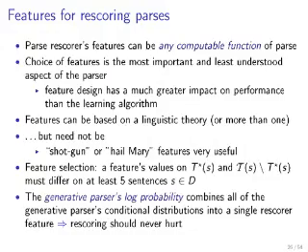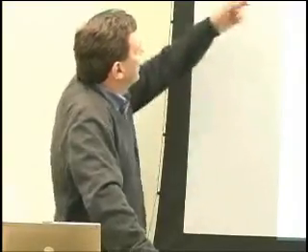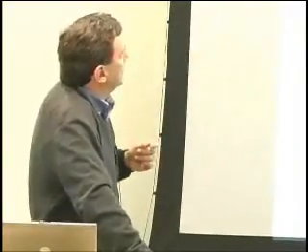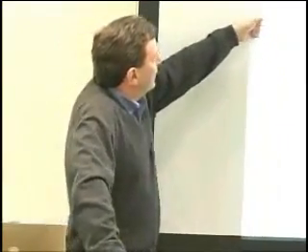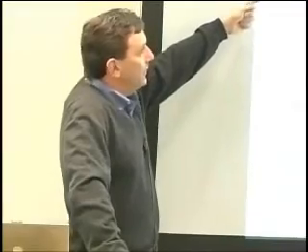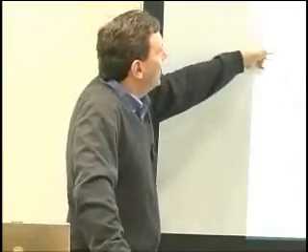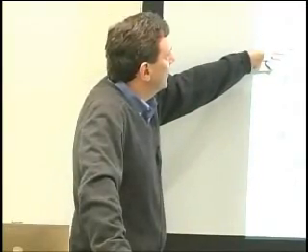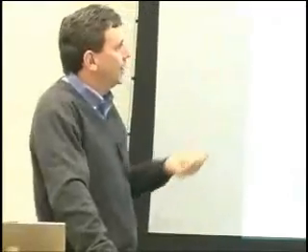Okay, so we're now at a situation where the parse rescorer's features can be any computable function of the parse. The choice of features, in fact, I actually think is the most important aspect of parser design. The features can be based on a linguistic theory. In fact, if you have two linguistic theories, you can include them both, right? And they needn't be. As we'll see, a lot of the most useful features are what I call shotgun or Hail Mary features.